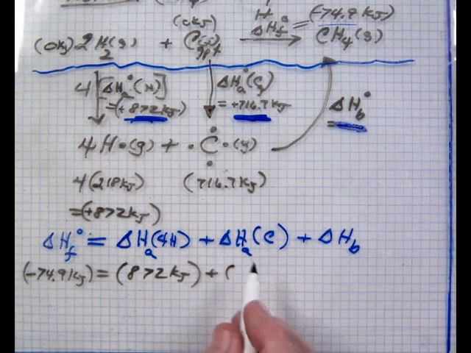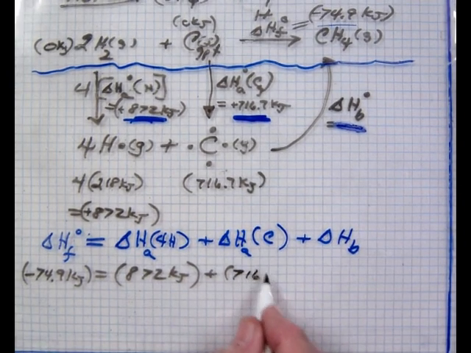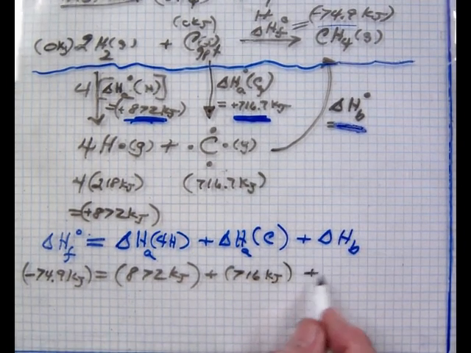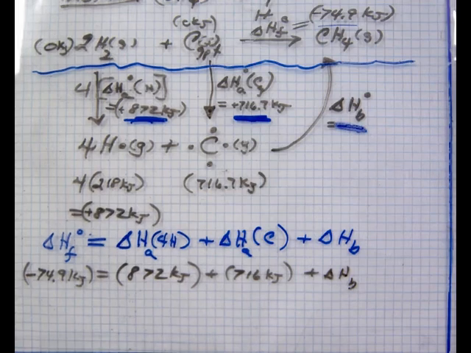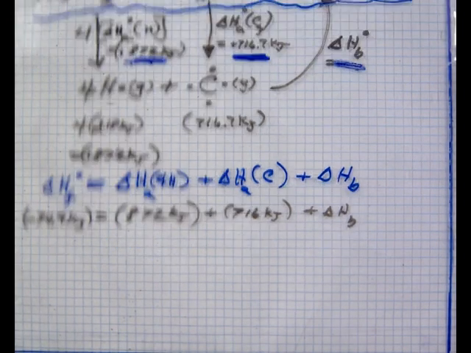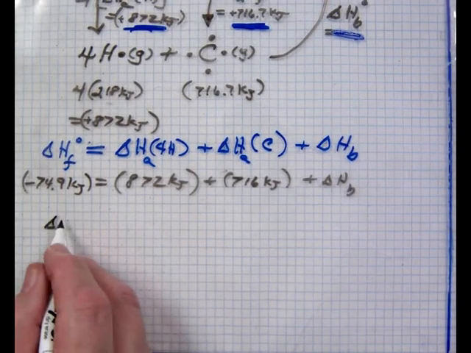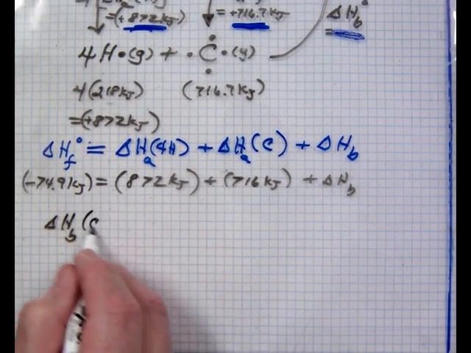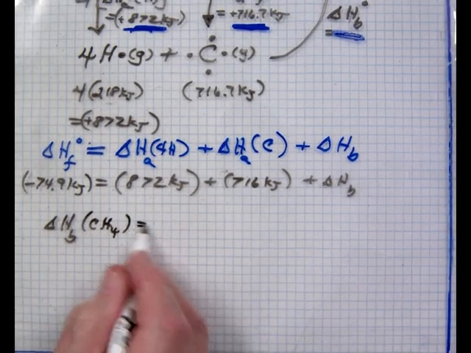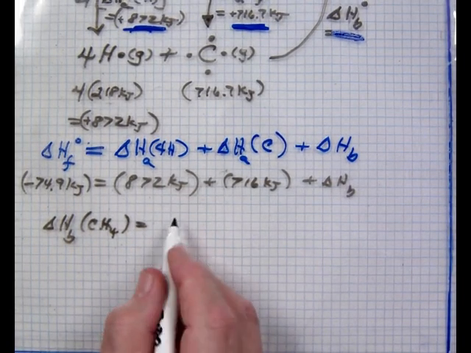Plus 716 kilojoules for the carbon, plus delta H bond energy, total bond energy, when 4 carbon-hydrogen bonds are formed. So the delta HB for methane, CH4, is equal to